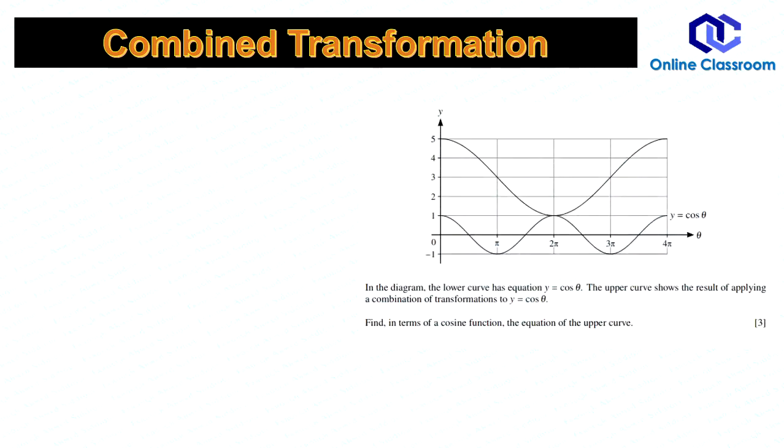Now, question from the past paper. A good question again from trigonometry, because trigonometric functions are there. This is your main function, cos. If I highlight this with this red ink, this is the given function. Transform to this function. Examiner is asking, in terms of cosine, find the equation of the other function.